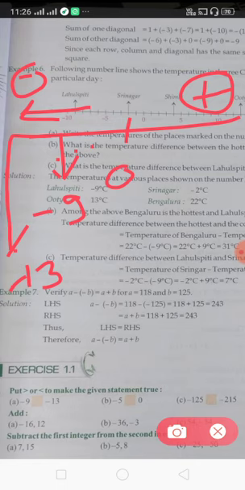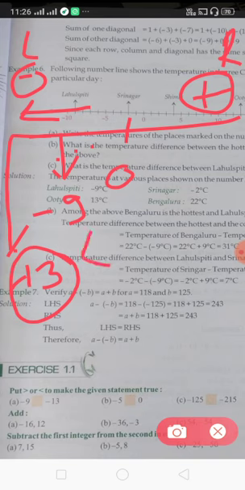So which number lies on the left side? You notice this is the left side and this is the right side. So which one lies on the left side? Minus 13. If minus 13 lies on the left side of minus 9, it means minus 9 is the greater number and this is the smaller number. I told you the left number is always smaller than the right number. It means minus 13 is smaller. If minus 13 is small, the arrowhead comes to the minus 13 side. So you make the arrowhead like this.